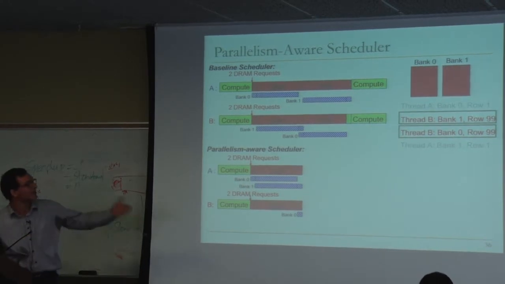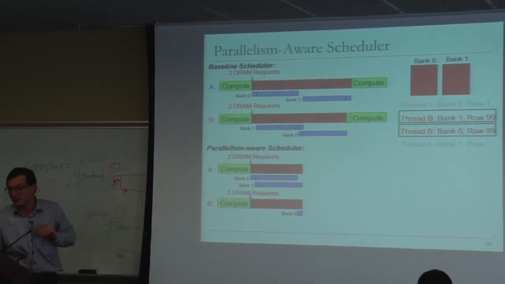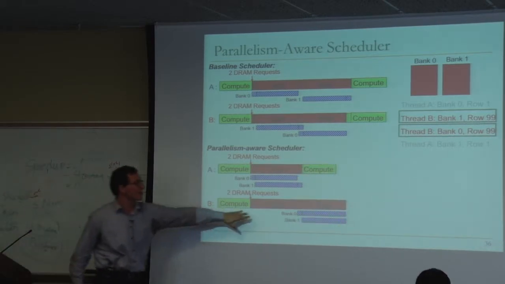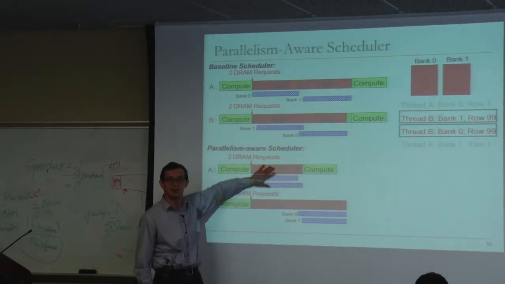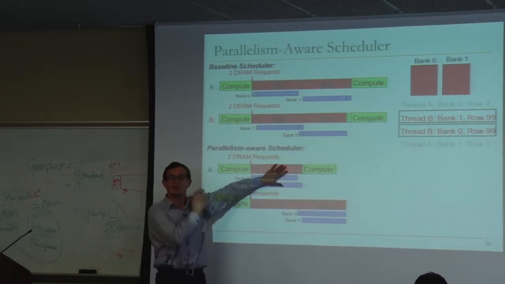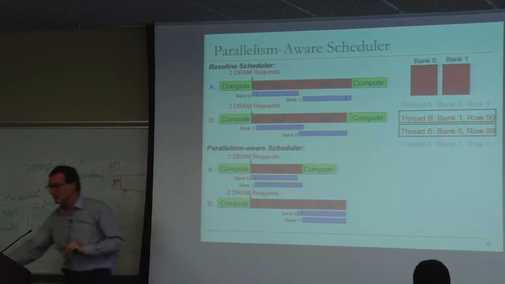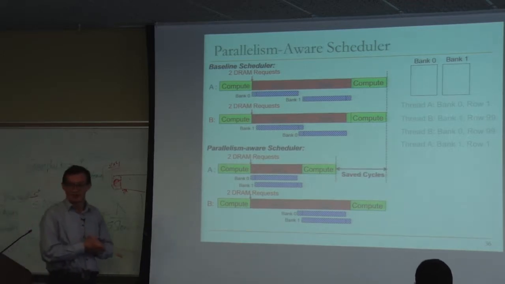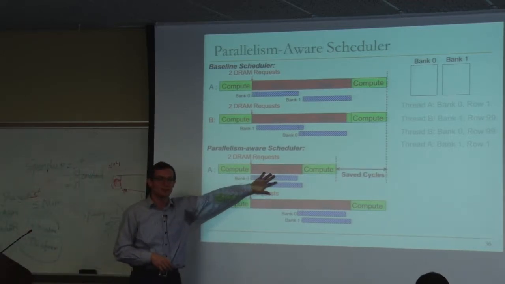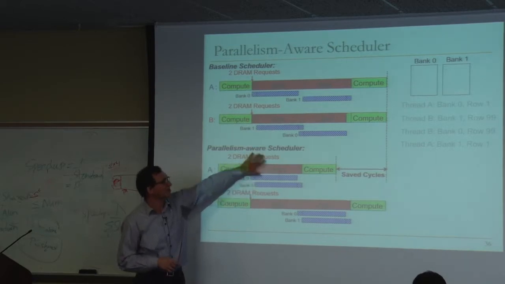And the memory scheduler can take thread B's requests and schedule them consecutively to the banks. While thread B's requests are being serviced in parallel, thread A can continue its computation because its requests are serviced in parallel and done. Right? That's the benefit of a parallelism-aware scheduler. That's one of the key concepts in PAR-BS: to preserve the bank-level parallelism of each thread. As a result, you can improve performance.